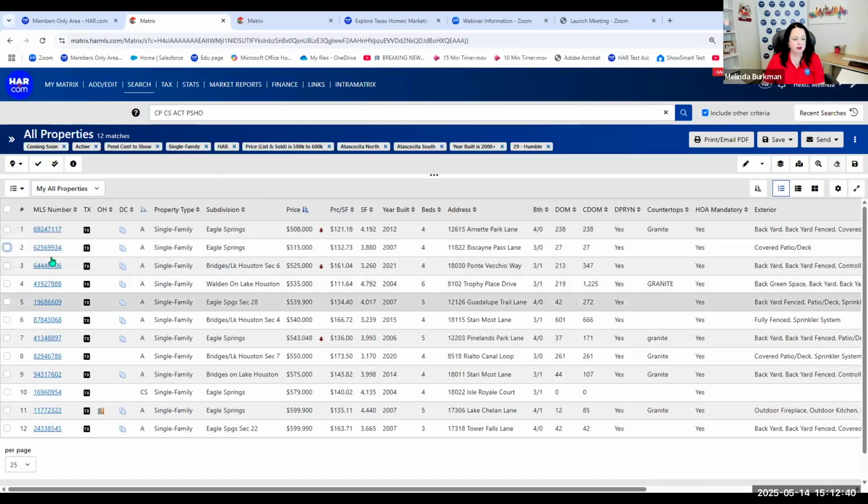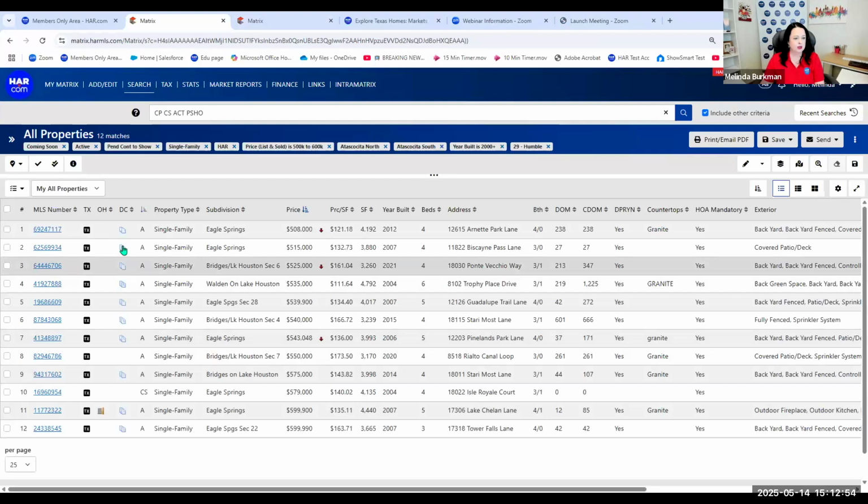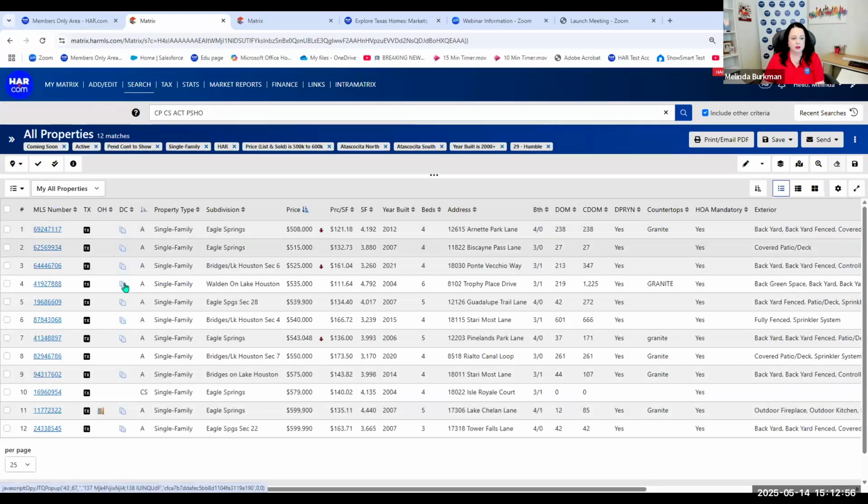You've got them numbered. You can go to the MLS page, the tax records. If they have an open house on the books, there'll be a little door symbol like this one right here. And click that, and it'll open a date and time. You've got the documents uploaded for that listing, their status.